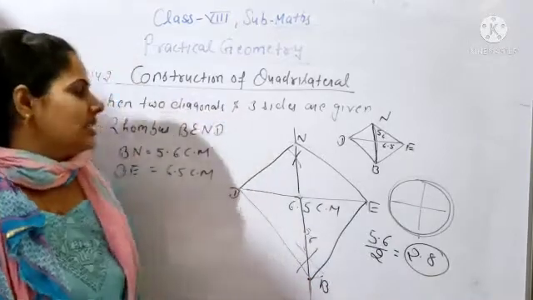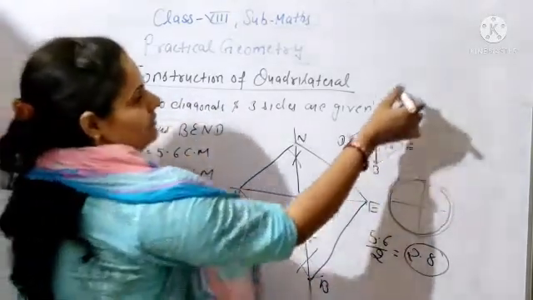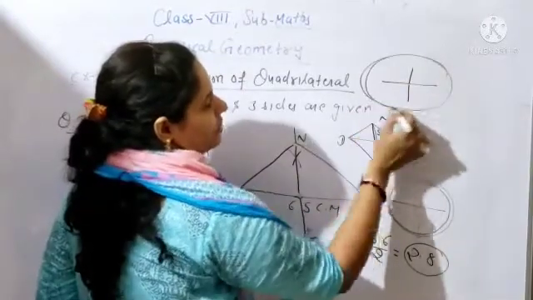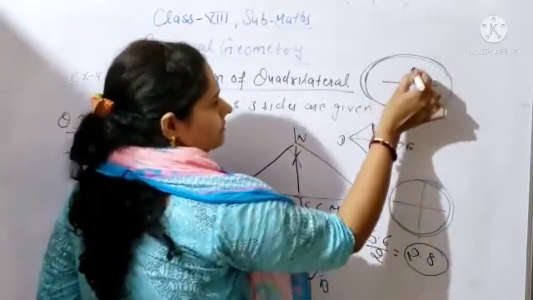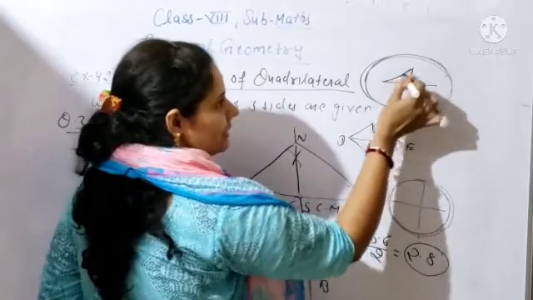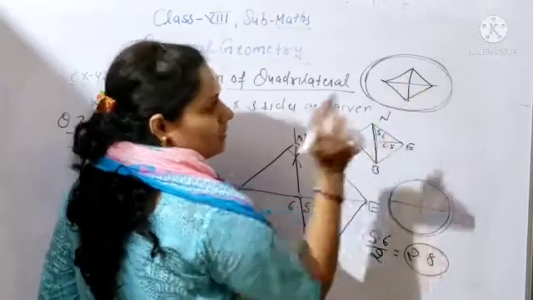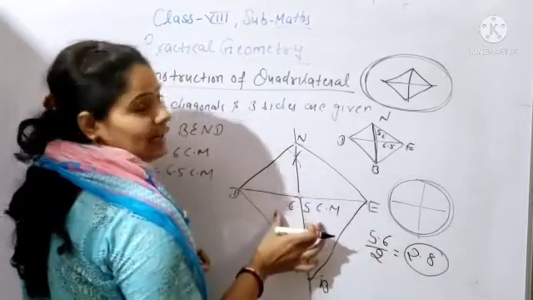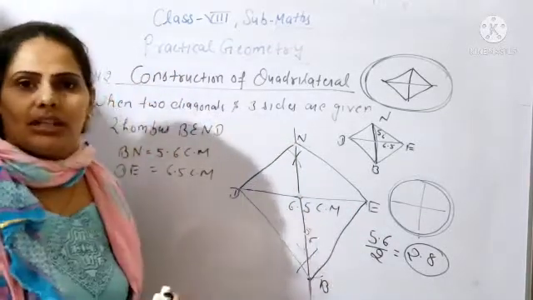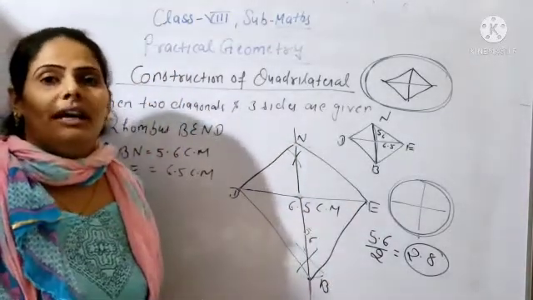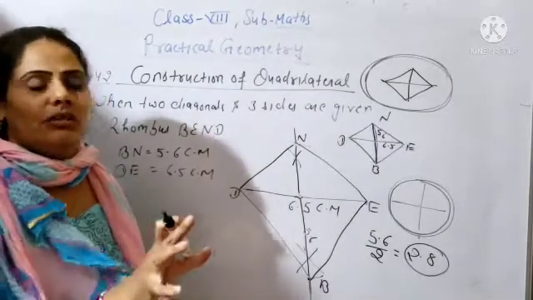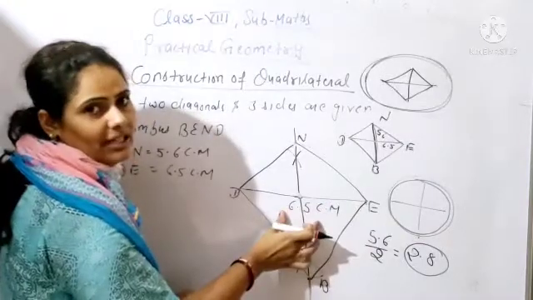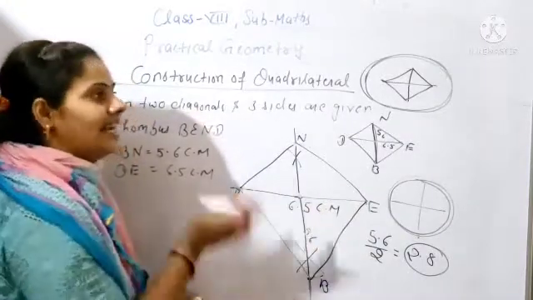Clear? So first, when both the diagonals are given, you will complete this one side, like this one length, and you have to complete the plus sign. After that, after completing this, you can simply join these lines. So it will be your required rhombus. So first you will draw the first diagonal. This is the odd one diagonal, so it is 6.5 centimeter. Okay, the diagonal which is the odd number, you will draw first. So first you will draw the odd one diagonal. It is DE, 6.5 centimeter. Now you have to draw the second diagonal also.